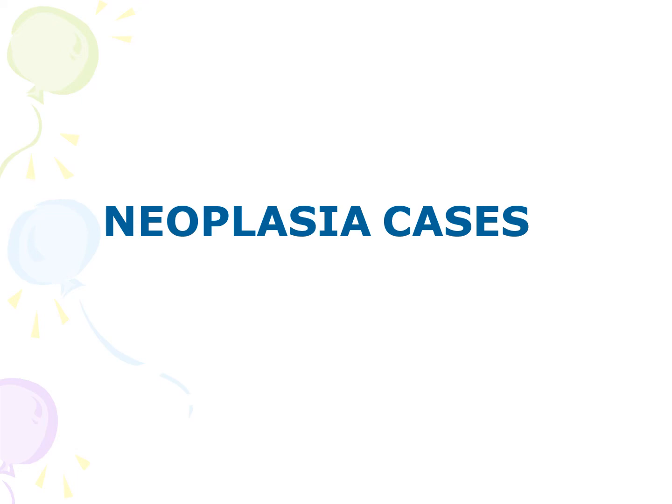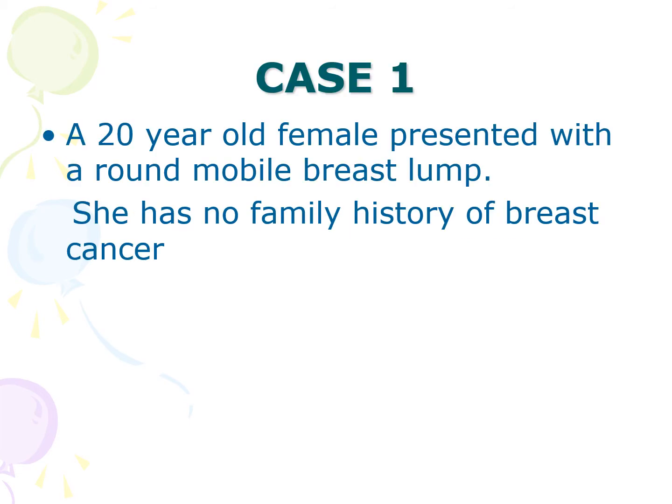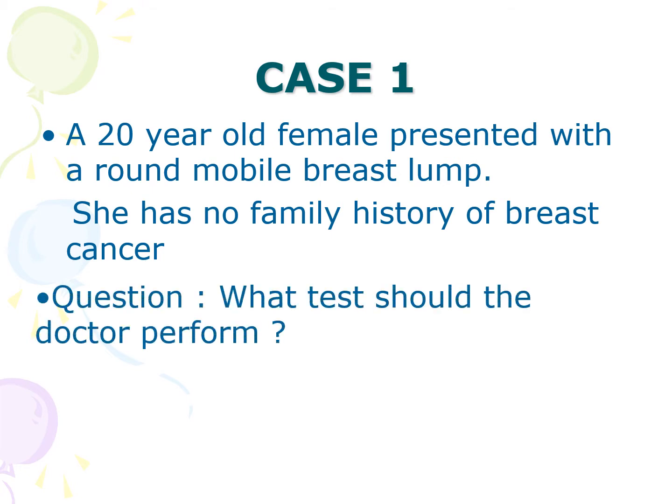In this lab, we have 3 clinical cases of different neoplastic conditions. First case is about a 20-year-old female patient with a round mobile breast lump, and she has no family history of breast cancer. First thing in approaching a patient with breast lump is history taking, focusing on risk factors as